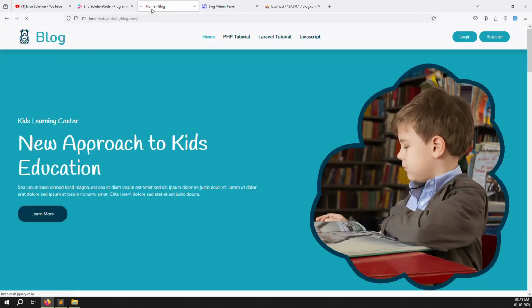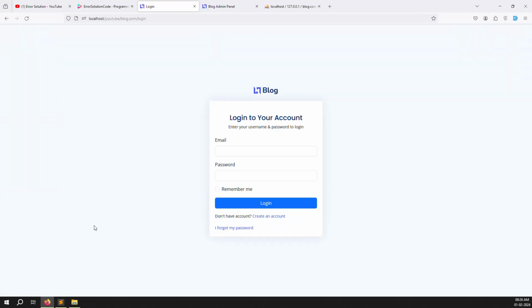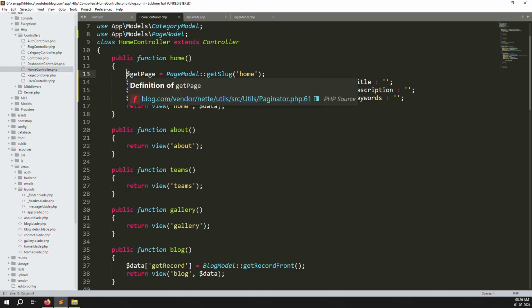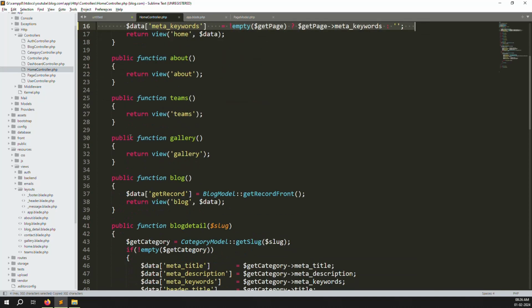So I refresh the page, and it is working very well. So the home side is done, like the home page, how to make the meta. The same thing you can do for login and register. So let's go back again and we can copy all these things and paste here, like